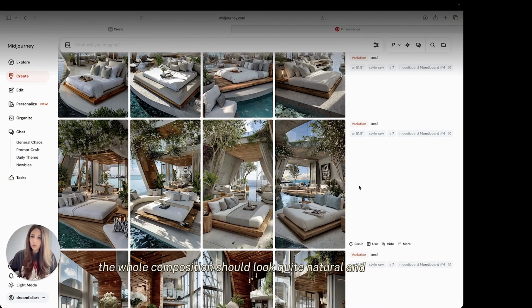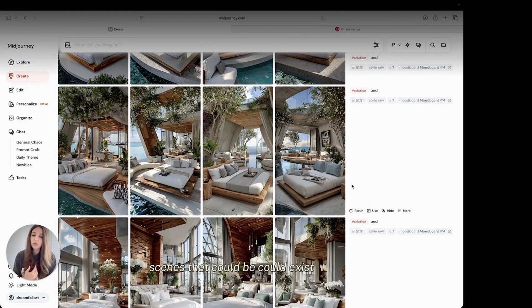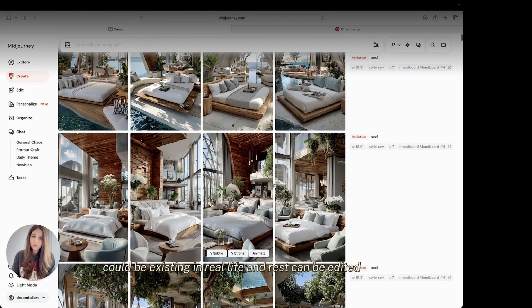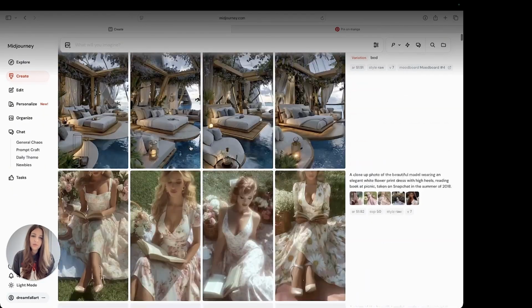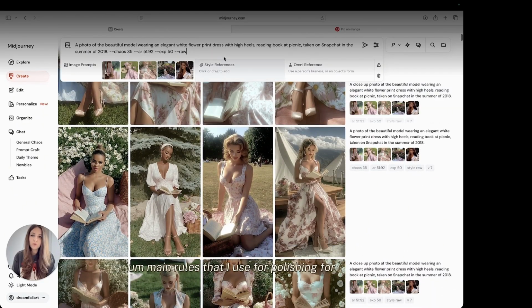The whole composition should look quite natural and contain scenes that could exist in real life. The rest can be edited, but if the overall image looks off, then nothing can be done. So these were my main rules that I use for polishing and picking the best ones.